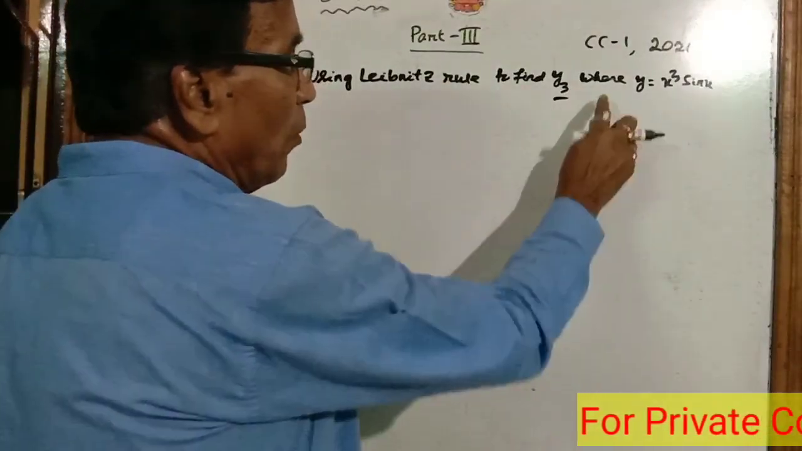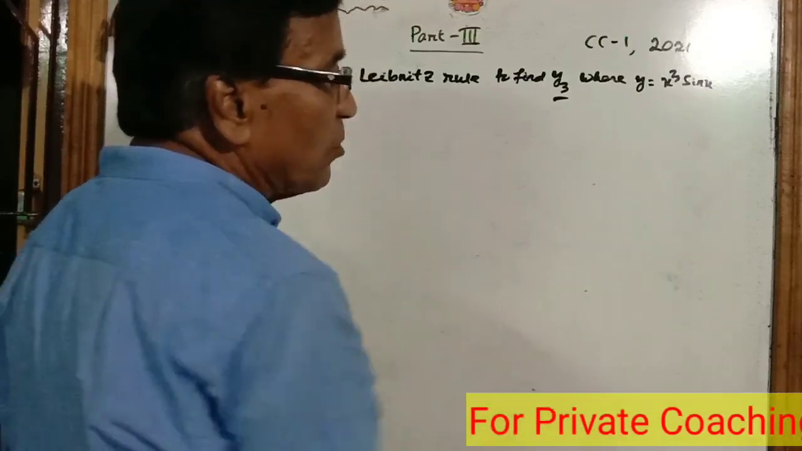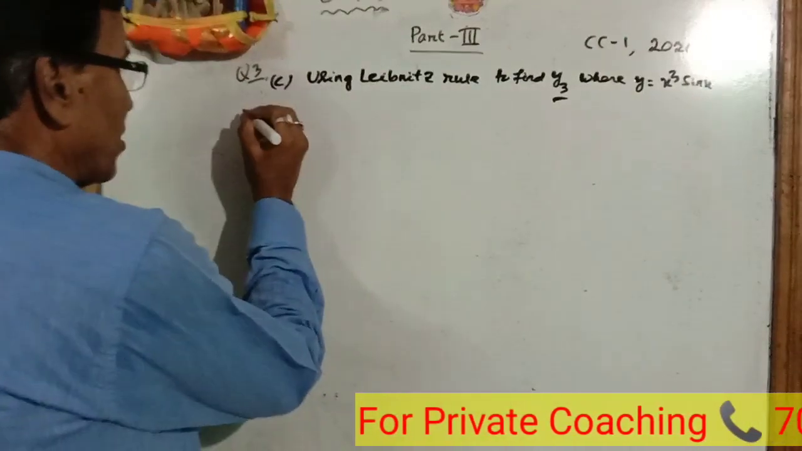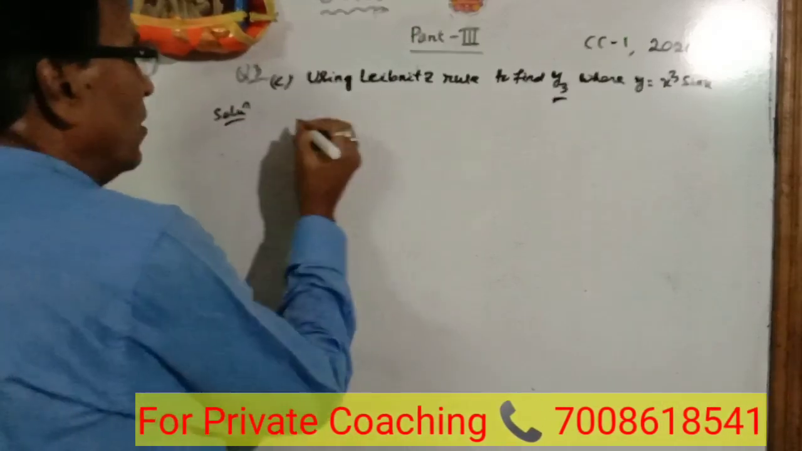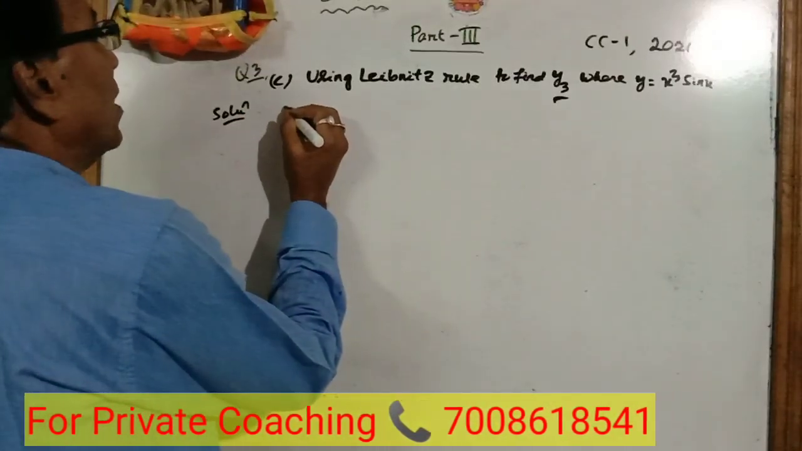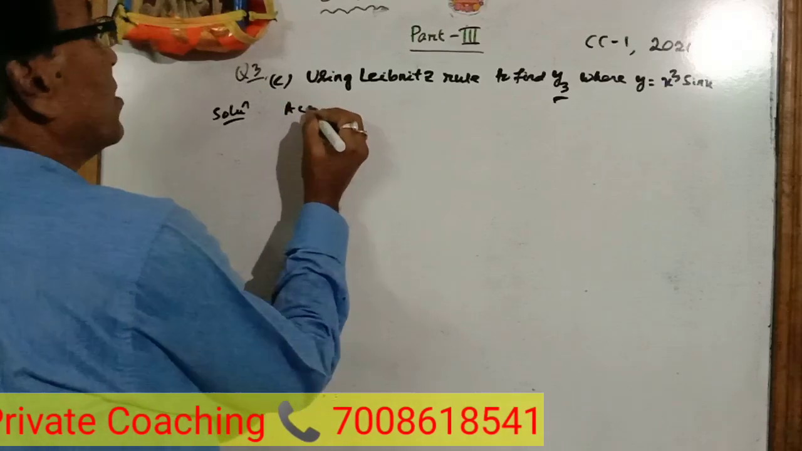Now we have to find out, using Leibniz rule, the third derivative, where y is equal to x cube sin x. Now what is, first of all, the solution? What is Leibniz rule? So Leibniz theorem, according to Leibniz theorem,